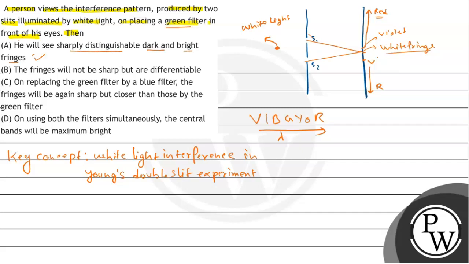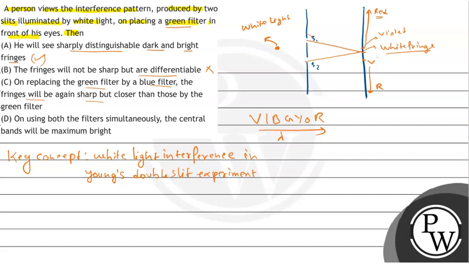तो ये सही होगा क्योंकि ग्रीन लाइट फिल्टर यूज करने से हमें डार्क और ब्राइट फ्रिंज देखने को आएगा। डार्क क्या होगा जहां पर ग्रीन लाइट का मिनिमा है और ब्राइट कौन सा होगा जहां पर ग्रीन लाइट का मैक्सिमा होगा, राइट? क्योंकि ग्रीन लाइट फिल्टर से सिर्फ ग्रीन लाइट का वेवलेंथ ही जा सकता है। देन ऑप्शन बी सेइंग द फ्रिंजेस विल नॉट सर्व बट डिफरेंशिएबल, तो ये तो सही नहीं है क्योंकि ग्रीन लाइट फिल्टर यूज करने से हमें शार्प फ्रिंज दिखता है। Now option C saying that on replacing the green filter by blue filter, the fringes